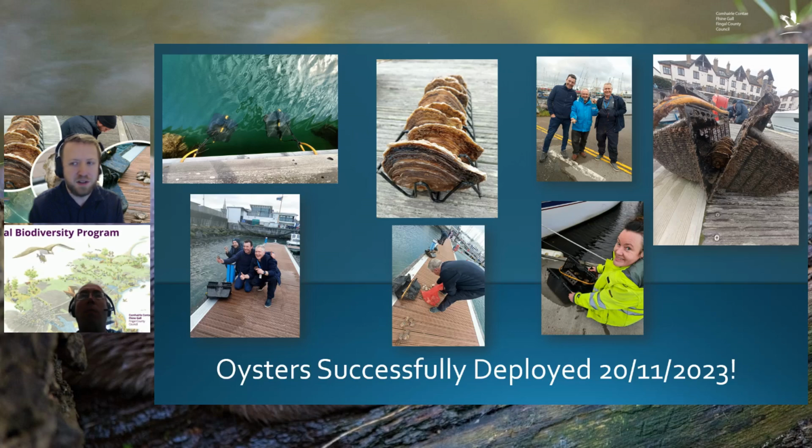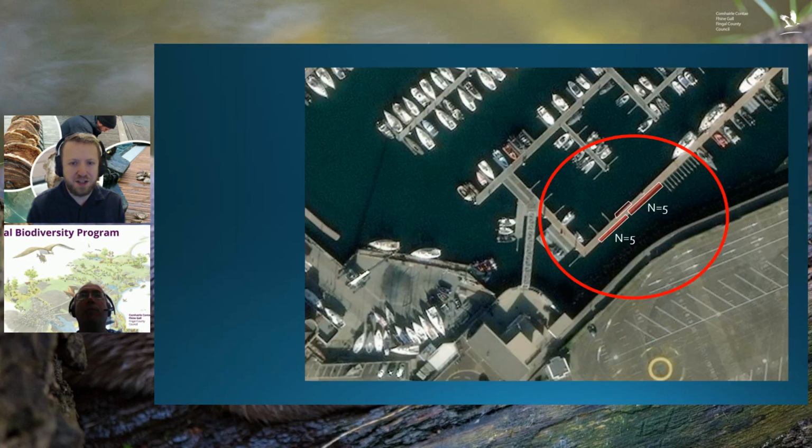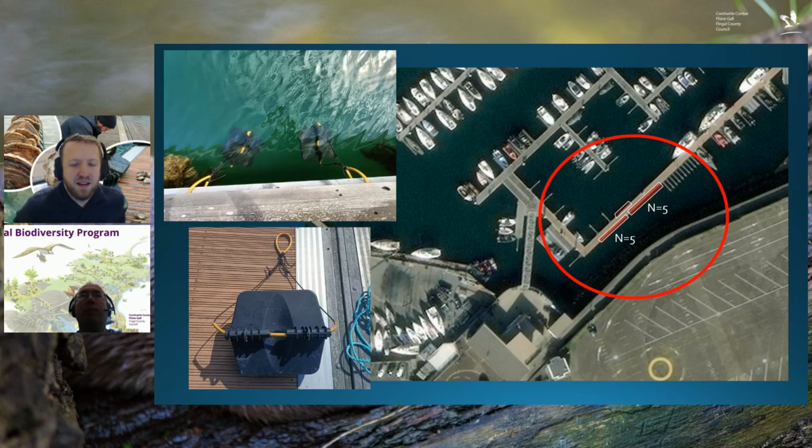What those look like, you can see in the top left, there are these little boxes. They house the oysters and basically give them a nice protected area that they can grow larger in. And it gives us a way to go and sample them just to see how they're doing. So we're checking them in these marinas. It'd be a setup just like this. We have 10 of them there at the Dunleary site hanging just off the pontoons. We can pull them up, measure them, get some health metrics on them, and just see how they're doing at each of these sites.